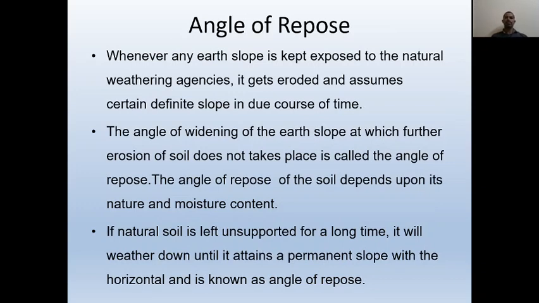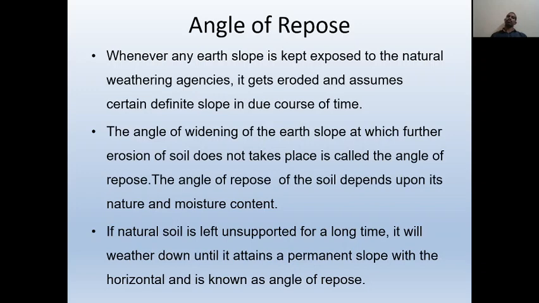And then we have to discuss angle of repose, right? This is nothing but an angle which represents, let us say we have taken a heap of soil which is just excavated and deposited on some particular area without any compression, and it is left for environmental agencies, that is rain, wind, over a long period. Initially, let us say the angle of the heap is some 60 degrees with respect to horizontal.